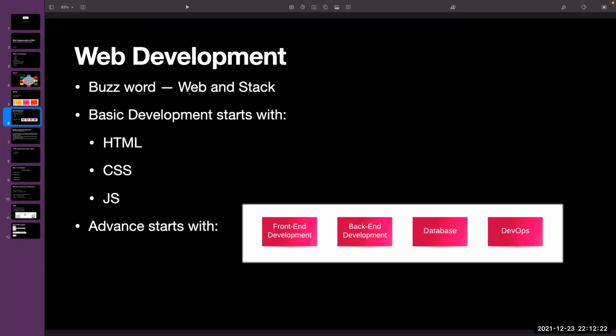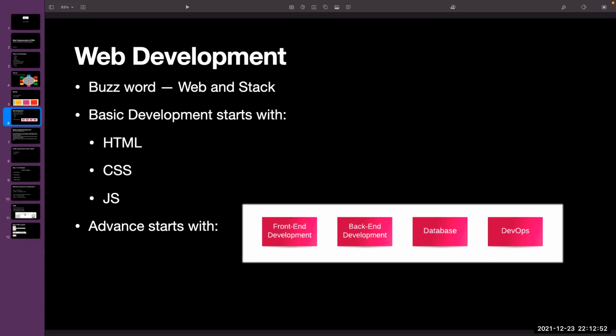When you look into it in an advanced manner, there are four major components that a full stack developer should think about. I mean, they need to know these 4 components. The last one is a bit of an optional one, so it's up to your choice whether you learn this or not. But the first 3 are very important if you're going to be a full stack developer. I think this course is a full stack development course, correct? Yes, sir.